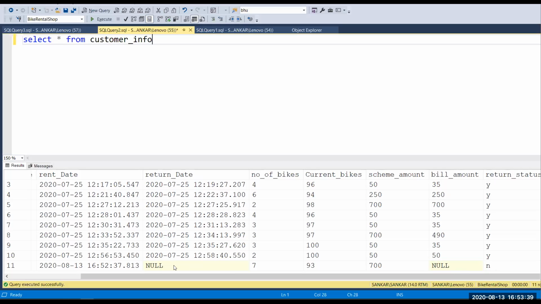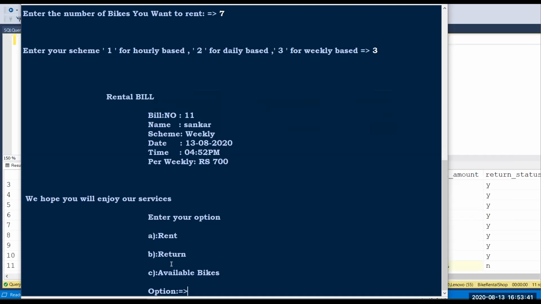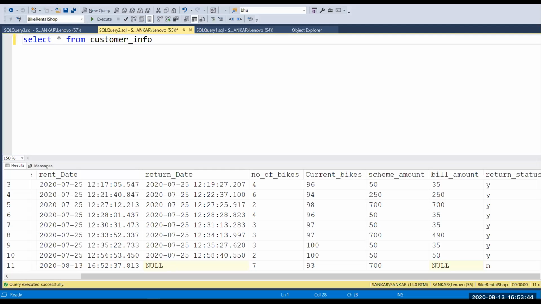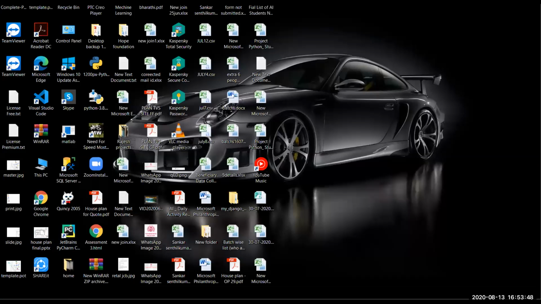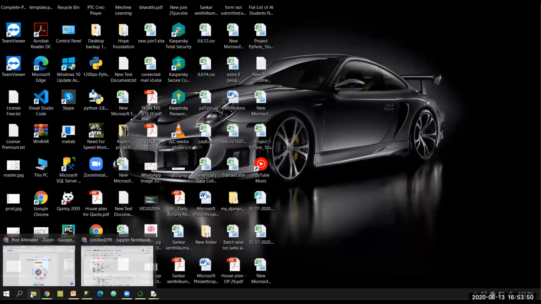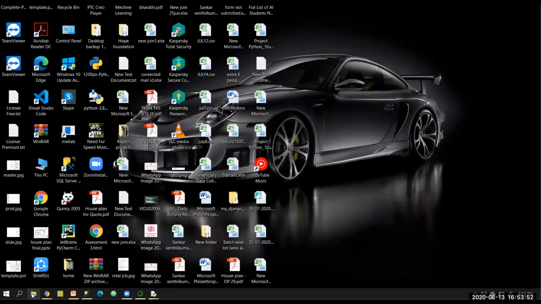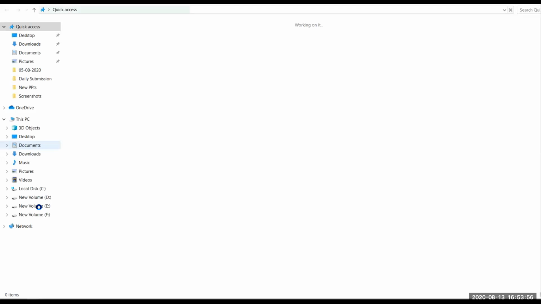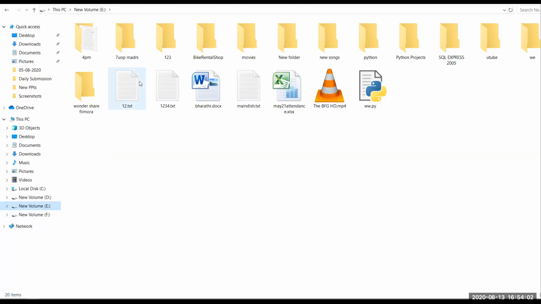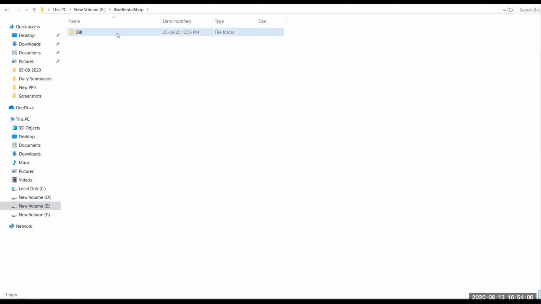Then I'll show the txt file. That is in the E folder: E, then bike rental shop, bill.